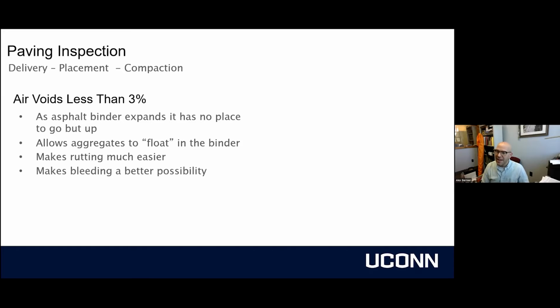You also have a high risk of a condition known as bleeding or flushing. This is when the asphalt itself expands during thermal cycling and makes its way up to the surface. We chatted about that several weeks ago when we were talking about binder. Essentially, as the asphalt is expanding and contracting during the daytime to nighttime temperature changes, it's going to force its way up to the surface and reduce friction there, making it an unsafe